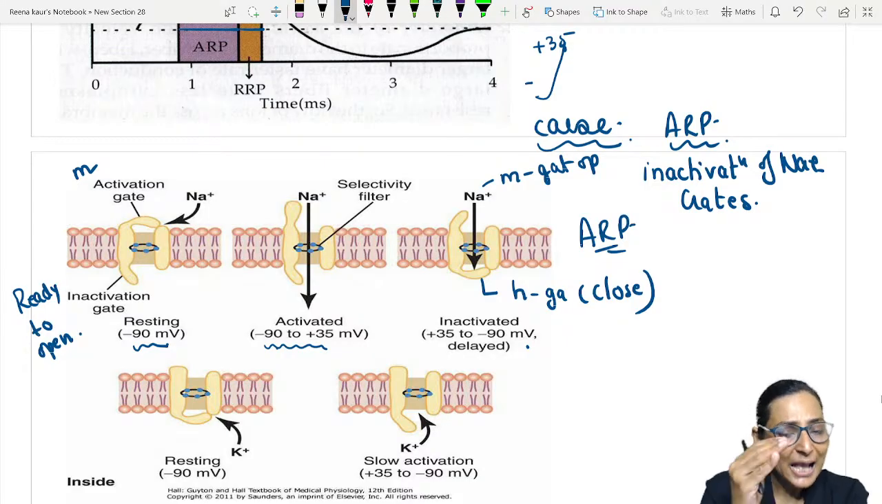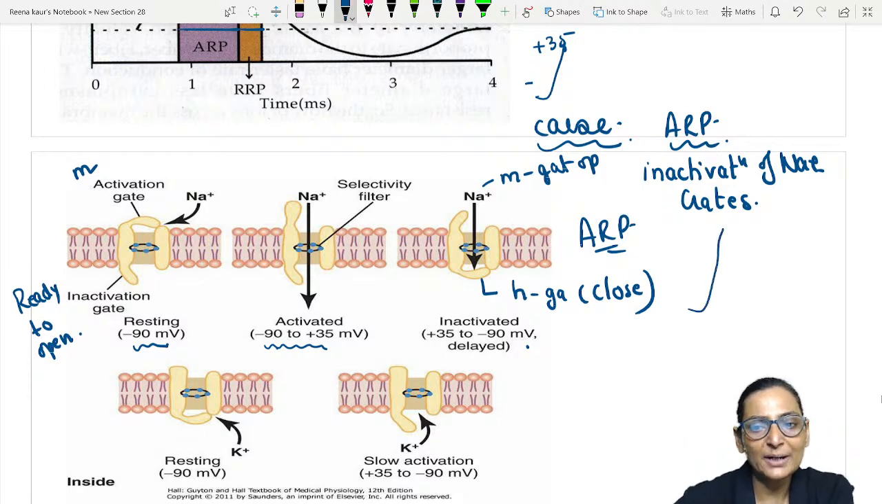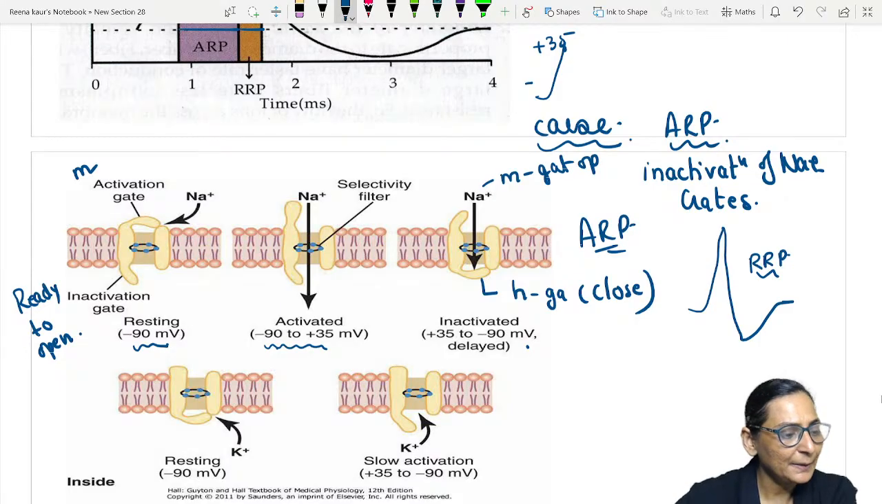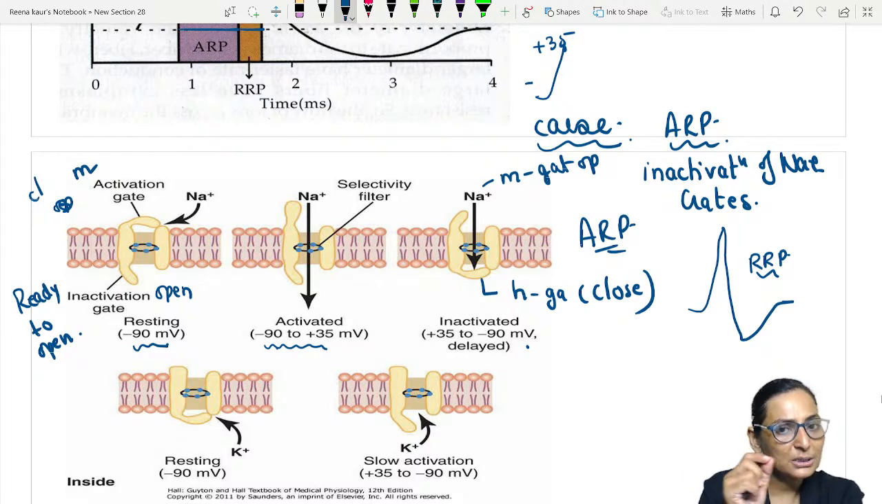Right now, as you will see, as you slowly come from the depolarization, and slowly you come towards after hyperpolarization and come towards RMP. तो जब आप RMP के तरफ आ रहे हैं, इसका मतलब जब आप relative refractory period के तरफ आ रहे हैं तो इनका कॉन्फ़िगरेशन दोबारा ऐसा हो जाएगा फर्स्ट जैसा, मतलब एक्टिवेशन गेट ओपन, एक्टिवेशन गेट क्लोज and inactivation gate open. And at this time if you give a stronger stimulus, you will be in the position to open the